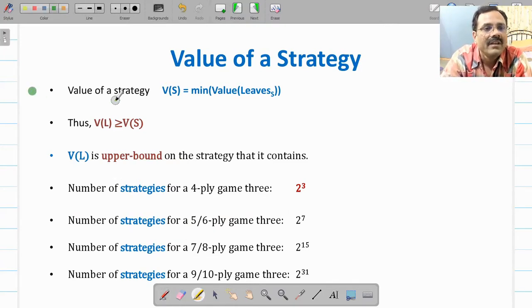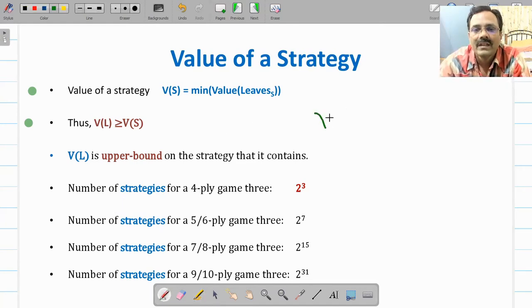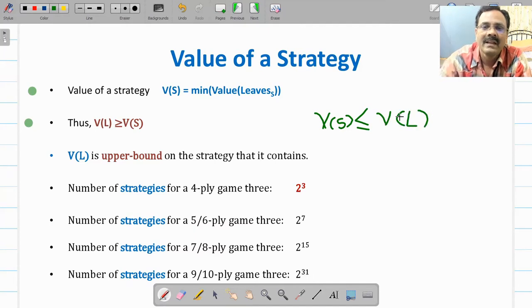We have to define the value of a strategy. So we are going to define the value of a strategy as the minimum value of all the leaves associated with that strategy. Since this is the case, the value of a strategy is always less than or equal to the value of any leaf in that strategy, because the value of a strategy is the minimum of all the available options, all the leaves.